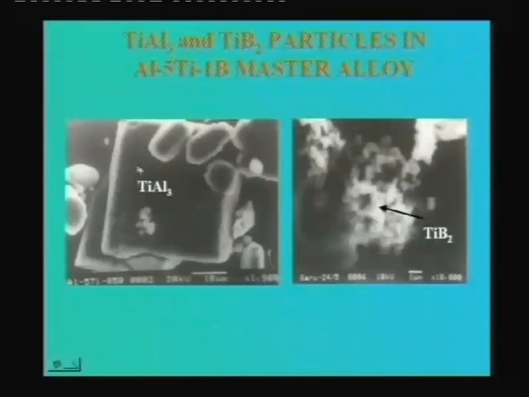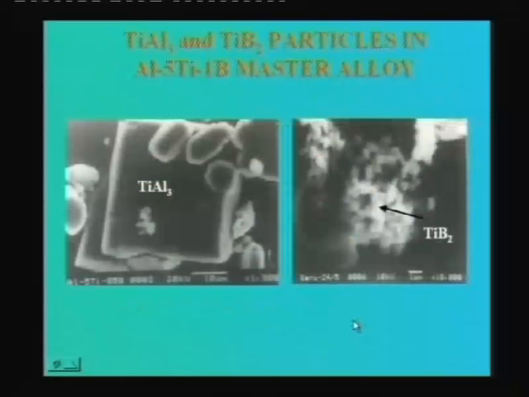And similarly, TiAl3 is a BCT type of structure, DO22 type of structure. We have talked about this Al3Ti, and it also has some planes which have some similarity with aluminum. So it can also act as a nucleating site for aluminum. So if you add these kinds of particles, they act as nucleating sites, and once these particles are uniformly distributed throughout the casting, you will have grains nucleating at each of these particles, and as a result the whole casting ultimately gets converted to very fine equiaxed grains like this,